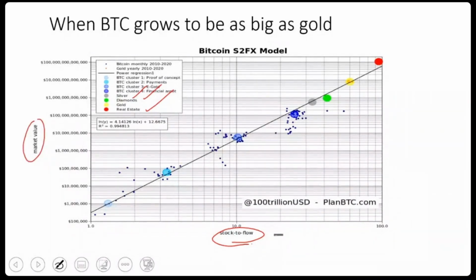Okay, so for example, first and foremost, Bitcoin today at 29,000 roughly has a market cap of about $500 million. Silver has a market cap of about 1.3 trillion and has a stock to flow roughly around this level. Gold, with a 12 trillion market cap, has a stock to flow about here. So it tells you there's a correlation between stock to flow and market cap.